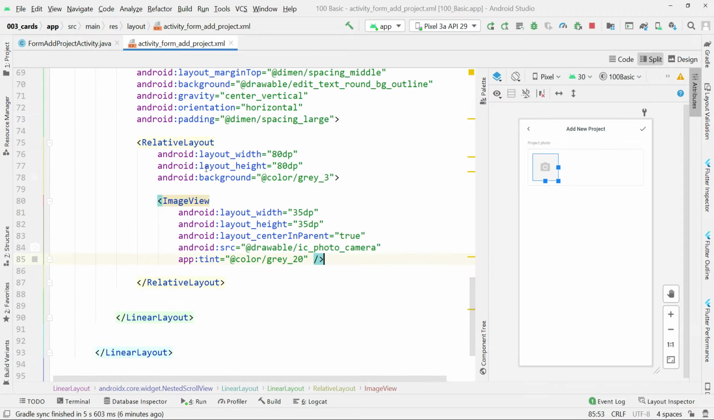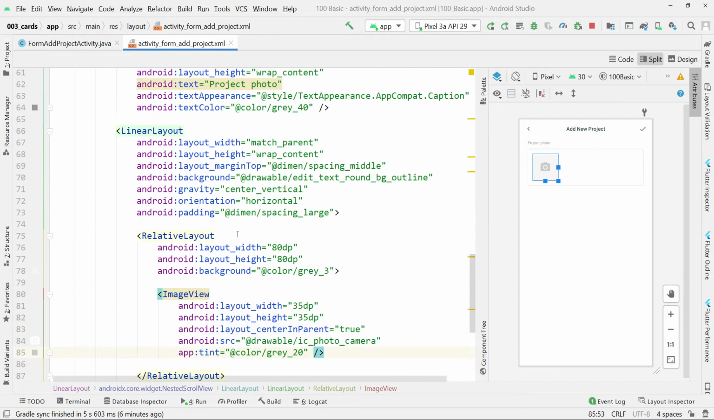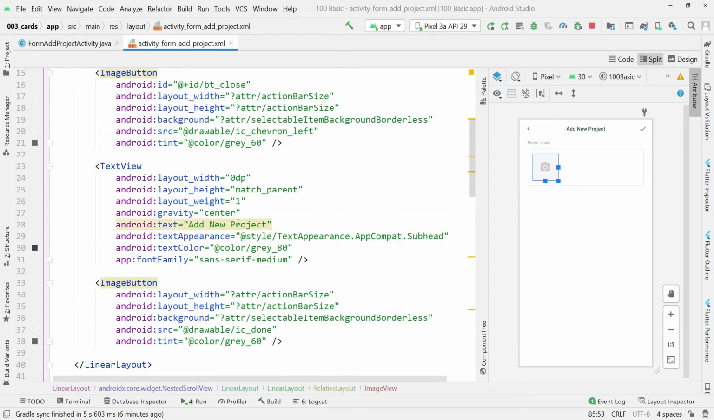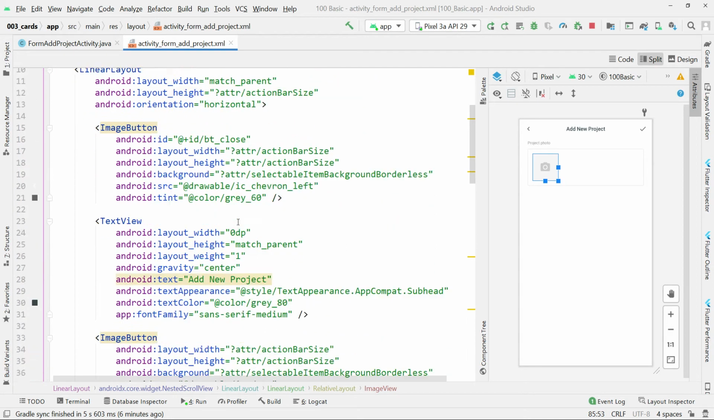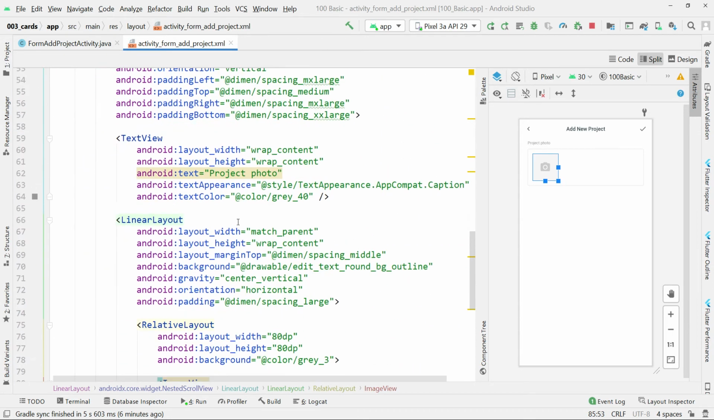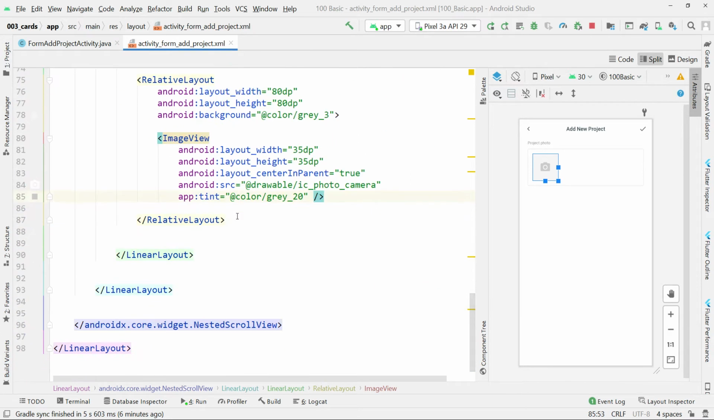I hope you are the same level with me. If you are not, please pause the video and look at these codes again, and try to make sure that you become on the same level with me as much as possible. Okay,